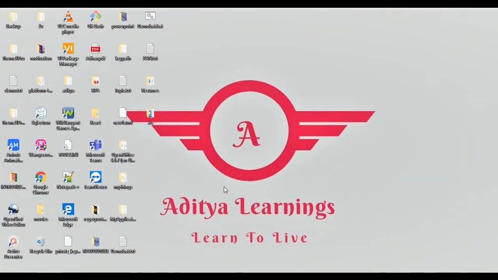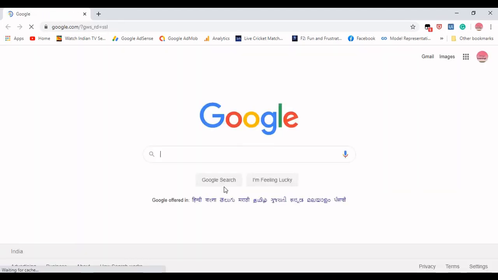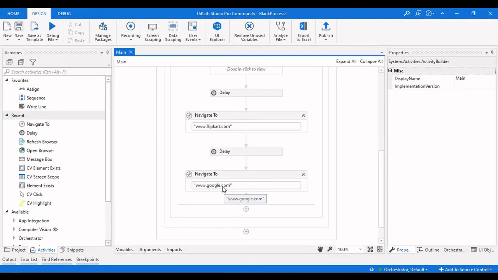It will not open 3 browsers; it will open one browser and navigate between the screens. First it opens the Google web page and waits for 5 seconds, then it navigates to the Flipkart site. After that it will navigate back to Google.